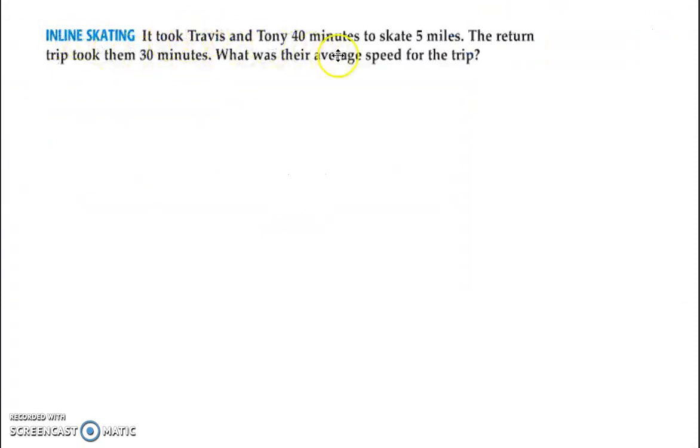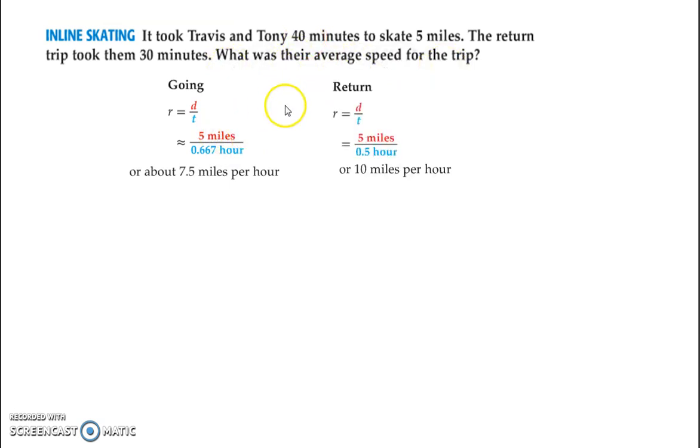Here we have a problem. It took Travis and Tony 40 minutes to skate 5 miles. The return trip took them 30 minutes. What was the average speed for the trip? Now, I can't just find the average for each, where the rate is distance over time: 5 miles, and we've changed the minutes to hours because we're looking for average speed in miles per hour, and the return trip. If I take these two, 7.5 and 10.5, and just try to average them out, I don't get an exact measurement